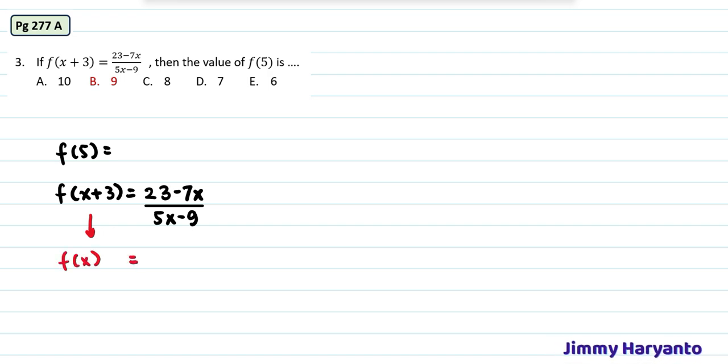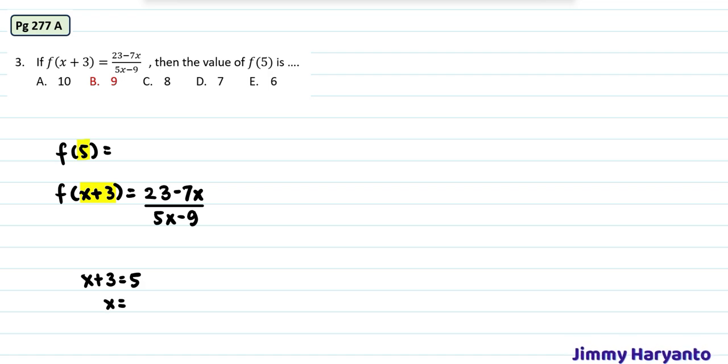You already learned this in the 10th grade, but in this question I want to show you the easiest way to solve this. So let's take a look at the one inside brackets. The one inside brackets is x plus 3 and also 5. That means they are the same, guys. So x plus 3 equals 5. That means we can find the x. When you have the x, you only have to input.